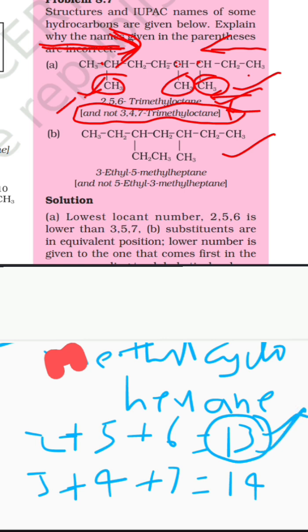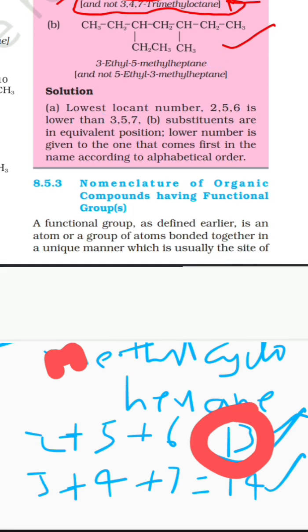From right to left we are getting 14. So we have to go for 13. Actually this one. Okay, that is a solution for that. And another one is given. The name is here also same. Means